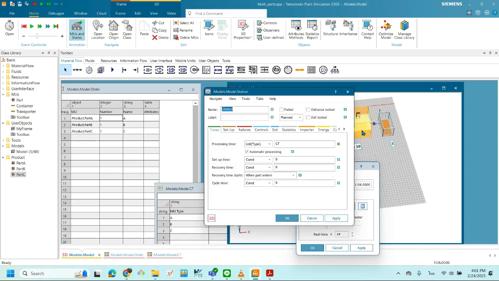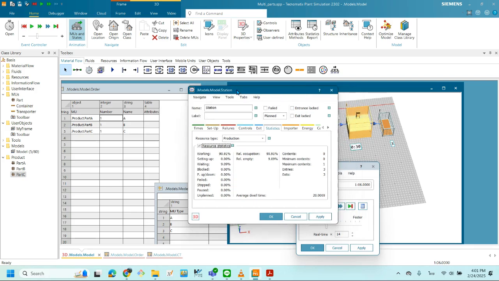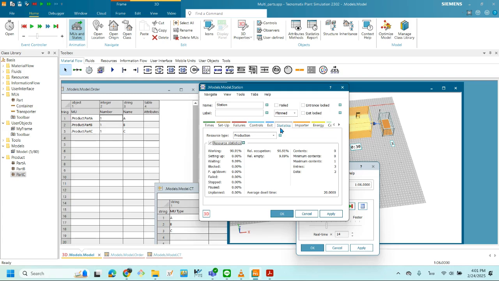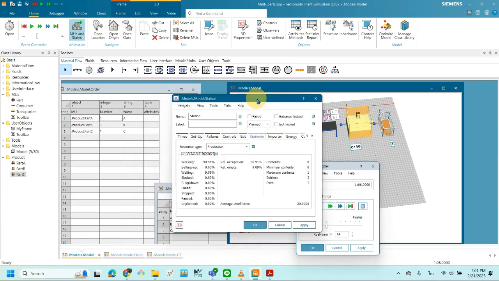Double click on here. Statistic, right? Statistic in the machine. Double click in the machine. You find the value at the statistic tab, right? Statistic. Okay, the average cycle time. Average cycle time shows up 20 seconds. 20 seconds is the average cycle time. That means, okay, in this case, that is the takt time for this process,